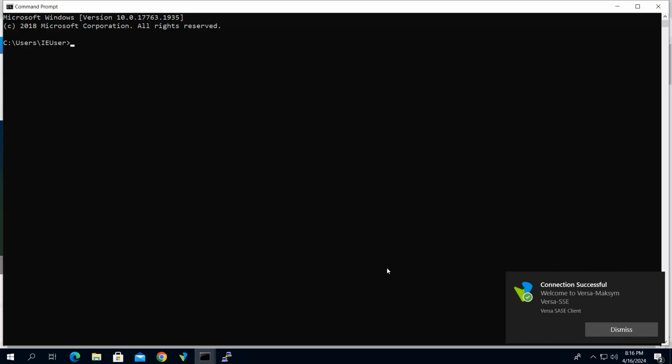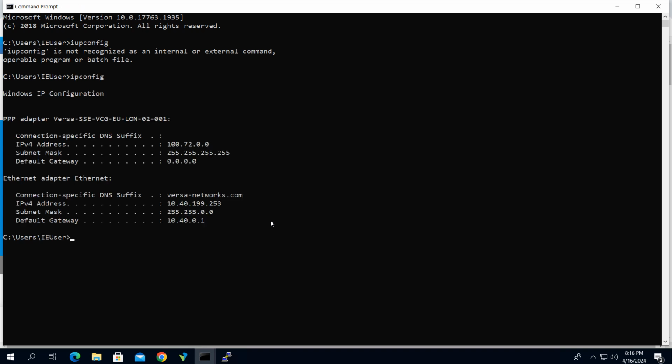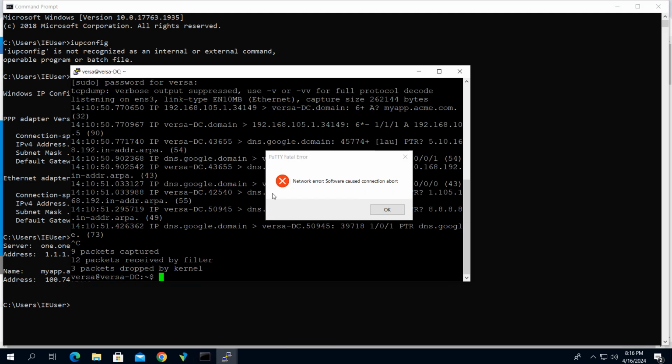So let me first check ipconfig. And as we can see, now my IP address is 100.72.0.0. Let me try to resolve my app. And at this moment, my app is resolving again to a different IP address, which is 100.74.24.0. So once I start ping,